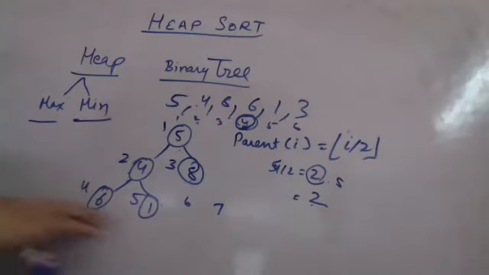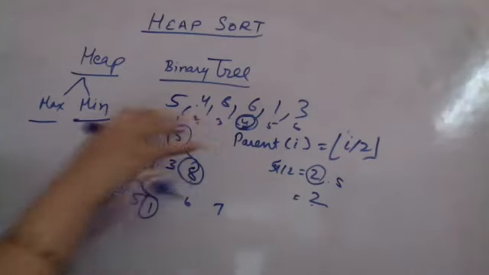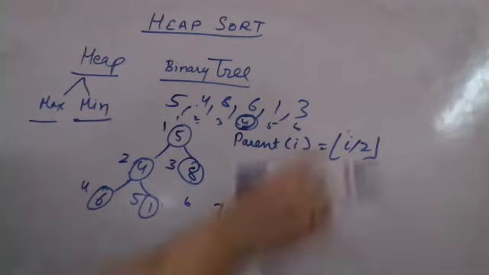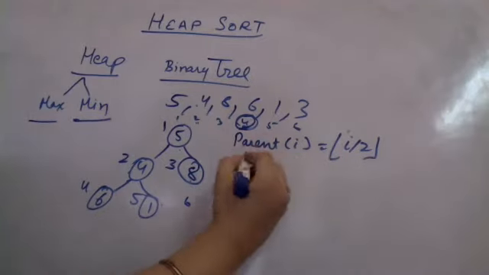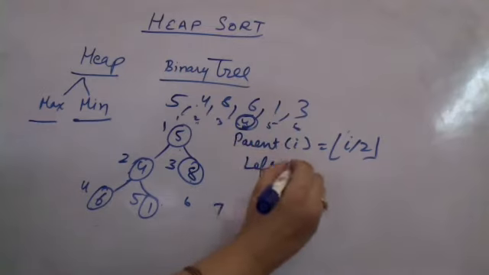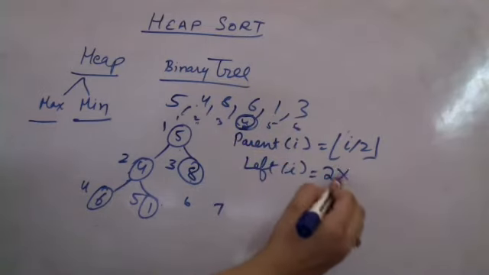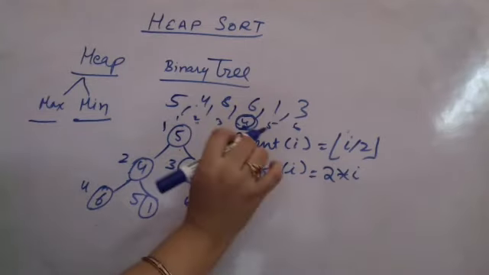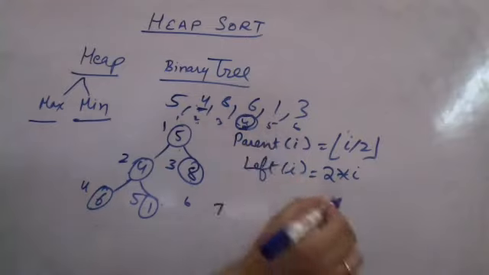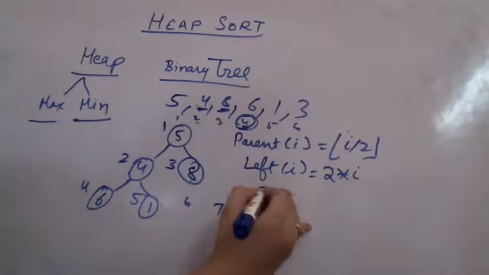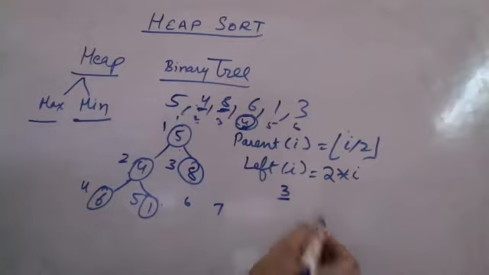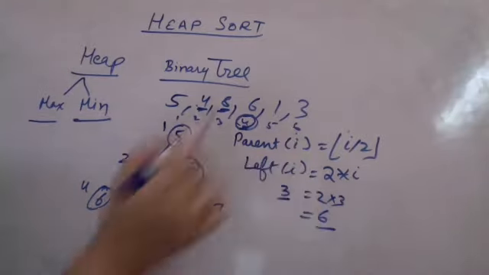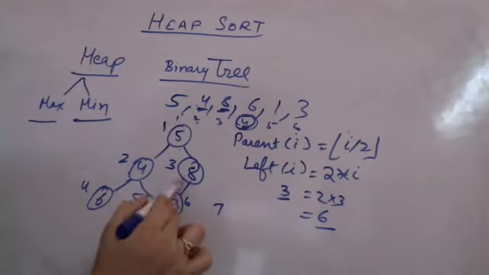So the point of keeping the list in this manner is कि हम list को as it is we can pick the numbering. Now the parent is I by 2 for any node I. Left child of ith node is given by 2 multiplied by I. Now supposedly I want to find what is the left child of 4, or say what is the left child of 8. Now that means left child of third node I want to find. This is 2 into 3, 6. Sixth location पे क्या है? 3. 3 is the left child of 8.